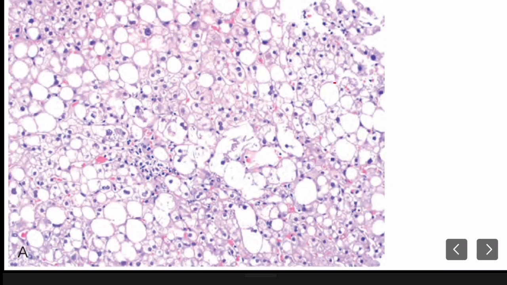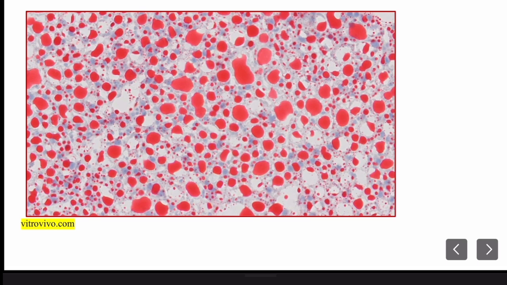This is a microscopic image, H&E stain, and we can see the macrovesicular steatosis. These are the hepatocytes with a clear cytoplasm because the fat is not stained in H&E, and this is the nucleus pushed to the periphery. All these are the macrovesicles and these are the microvesicles. Here the nucleus is central and the cytoplasm shows a foamy appearance because of the presence of lipids. So macrovesicular steatosis is more predominantly seen in MASLD. There's a special stain, the oil red O stain, which can be used to demonstrate the fats.